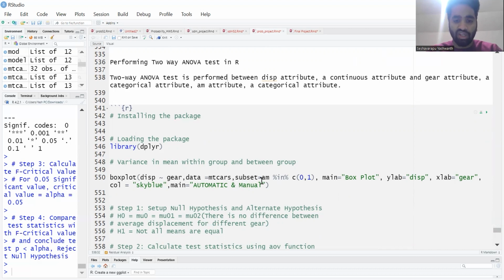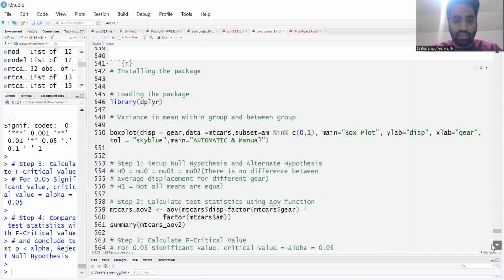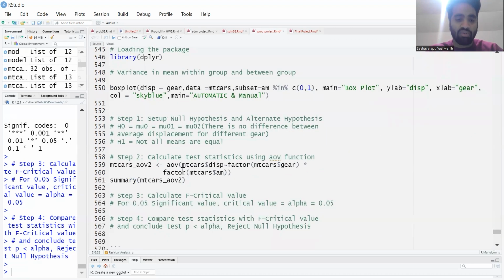How can we categorize? We are using the subset parameter in the box plot. This is an important thing. And I'm also calculating the ANOVA test using the aov command on displacement